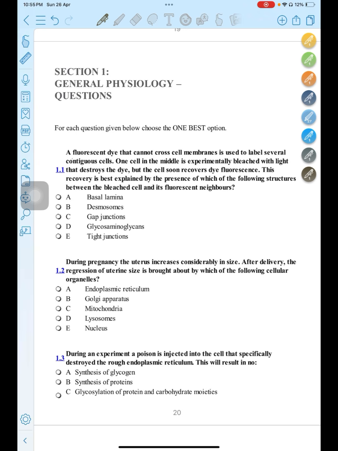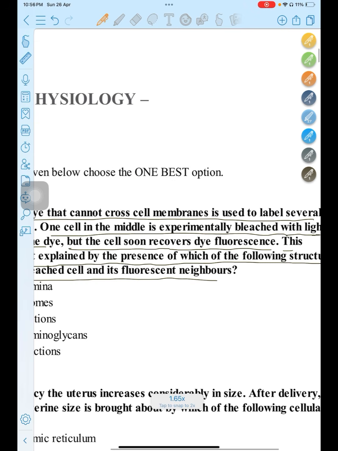A fluorescent dye that cannot cross cell membrane is used to label several contiguous cells. One cell in the middle is experimentally bleached with light that destroys the dye, but the cell soon recovers the dye fluorescence. This recovery is best explained by presence of which of the following structures between the bleached cell and its fluorescent neighbors. So let's suppose